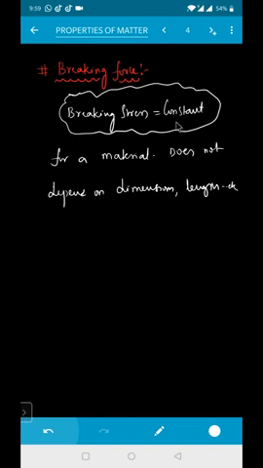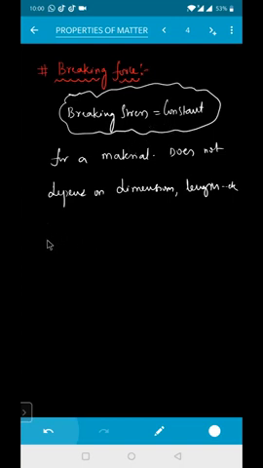Will it depend on that one, beta? Is it something like that? The person who tops in a class is the one who should be very tall or very fat or very thin or very short? Is there any constraint like that? No, sir. So that is the reason. In the same way, breaking stress of a material will not depend on the dimensions. That means it is not depending on the length, it is not depending upon the area. It is depending upon only about what?